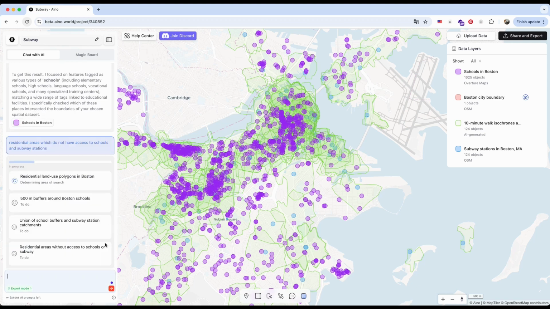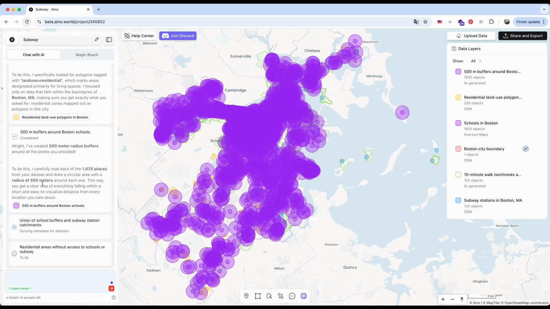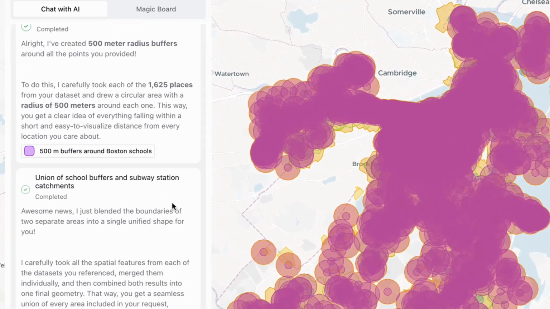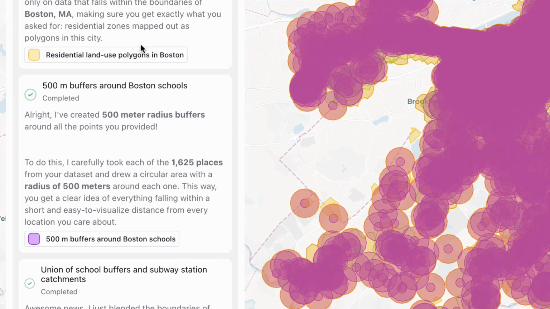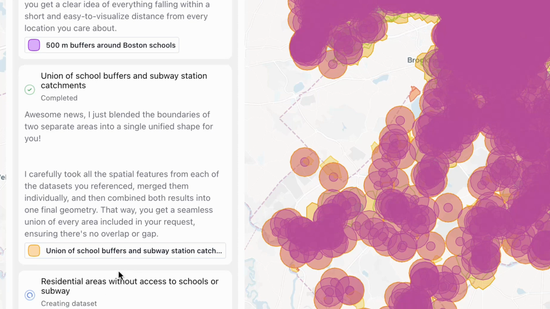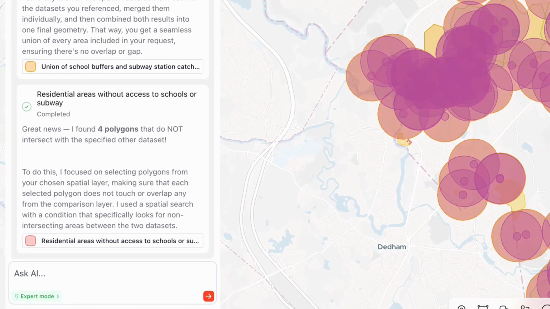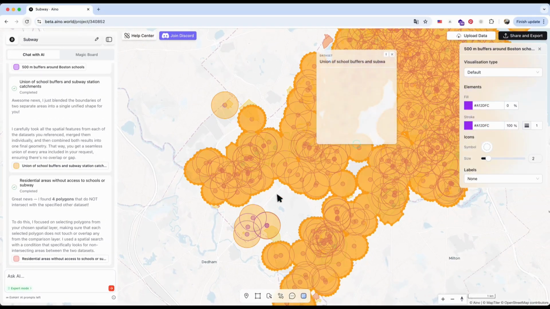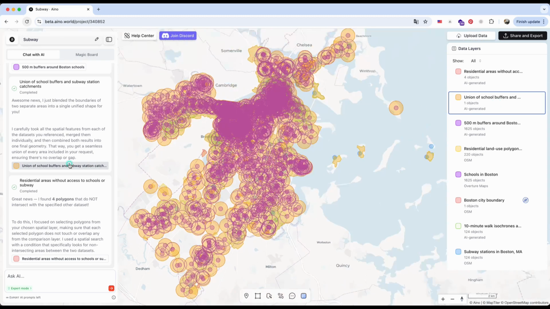So the AI broke it down like this. First, it searched for polygons tagged with land use equals residential, meaning areas designated mainly for housing. Then it filtered that data to only include zones within Boston's boundary. Next, it created 500-meter buffer zones around all schools and combined those with the subway station catchment areas. Finally, it identified the residential areas that fall outside both buffer zones, basically, neighborhoods with no easy access to schools